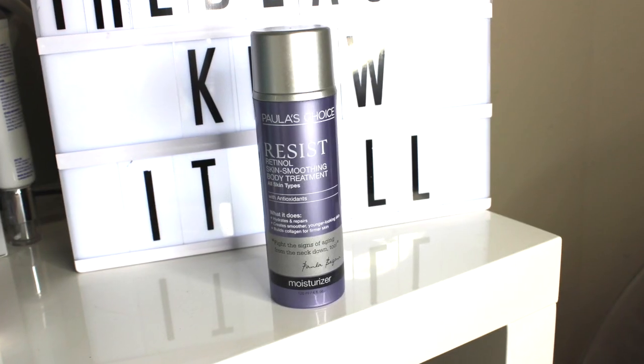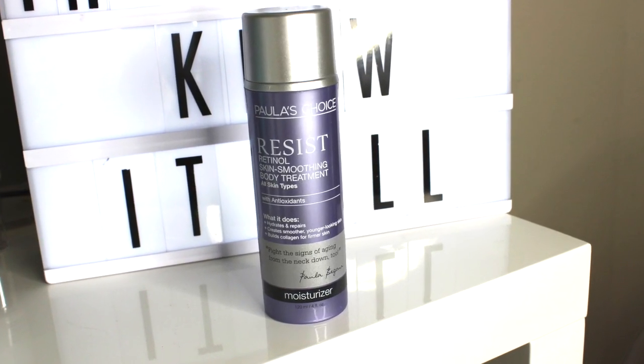I also said to my friend Jackie, do you know that you can use a retinol body product? And she went, no. Paula's Choice also have their Resist range, which I really like and I've spoken about before. They have a Retinol skin smoothing body lotion, and I wouldn't actually say this is as smoothing as the AHA body lotion, but what I do like about it is I think it's really good for upper arms and thighs,